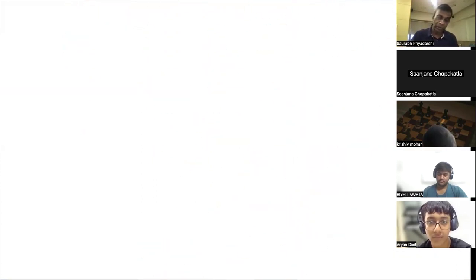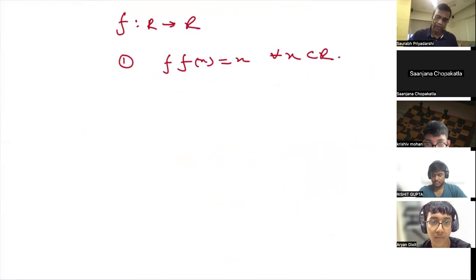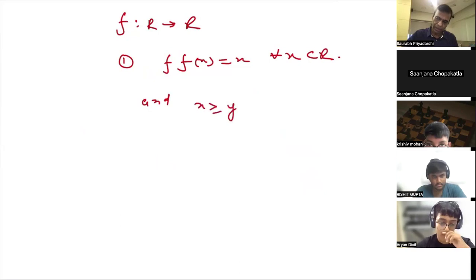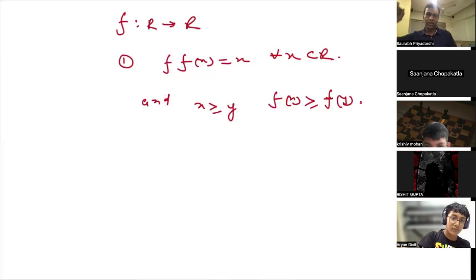This is again a very good question, and it will remind you exactly how to work for the composite function. f from R to R has the following rule. First, f of x is equal to x for all x belongs to real number, and x greater than equal to y implies f of x greater than equal to f of y. Find such function. What is the definition? Second one is saying